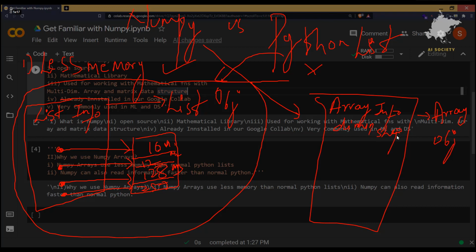Now let's say you have stored 16, 12, and 128 here. It is not acting as a pointer; it is creating its own space.